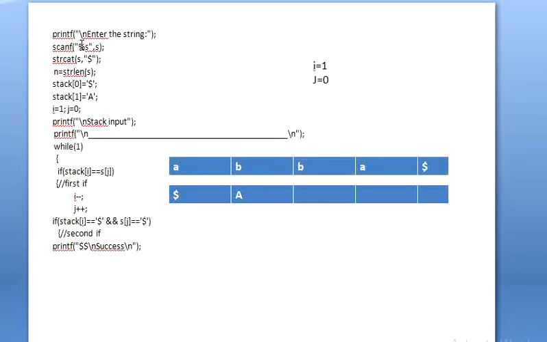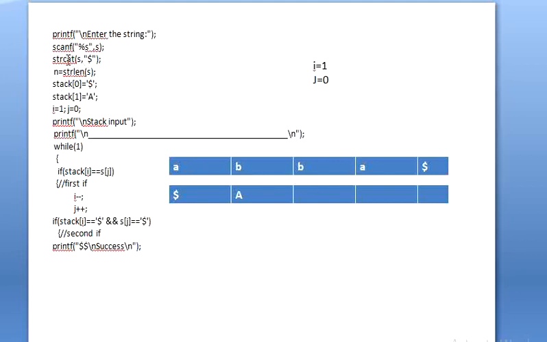Next, printf enter the string. Now you need to enter the string. Where to enter the string? Enter the string in an array. Actually this is a 20-size array, but I'm not showing the 20 spaces here. I am just inserting; see here scanf, I'm reading the string. What is the string? A, B, B, A. Assume this is the S array. I'm storing the data A, B, B, A.